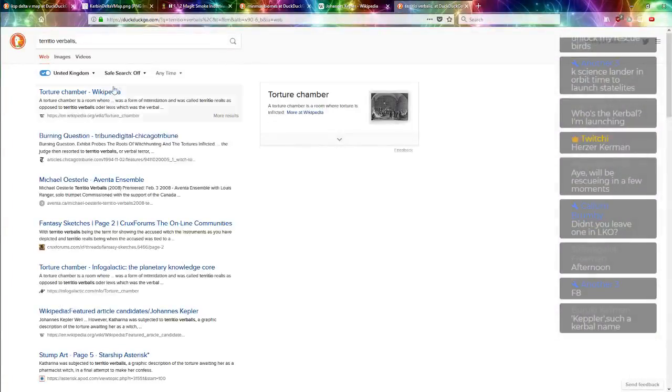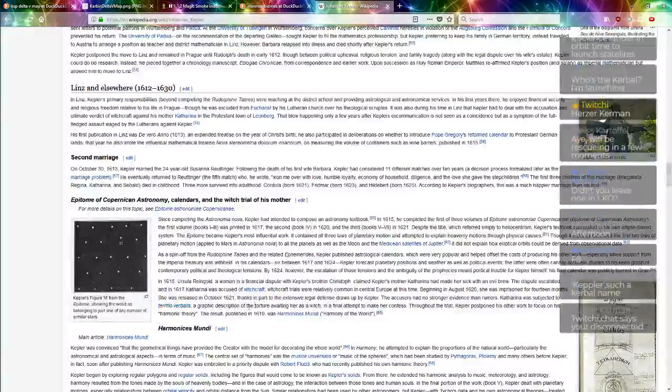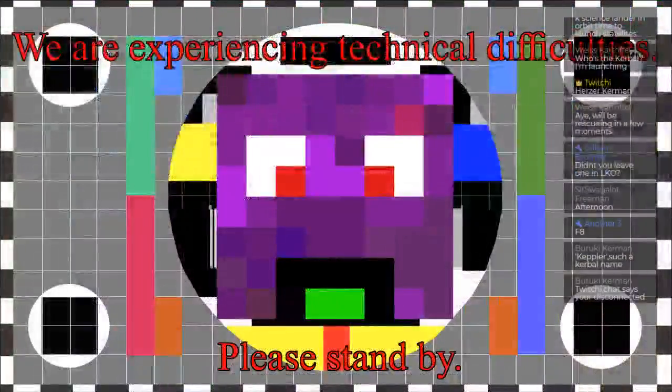What is this? Torture chain? I beg your pardon. That's horrible. A graphic description of the torture awaiting her, in which, in a final attempt to make her confess, through the trial, Kepler postponed his other work. Wow. Wow. Poor guy. I never knew that was...